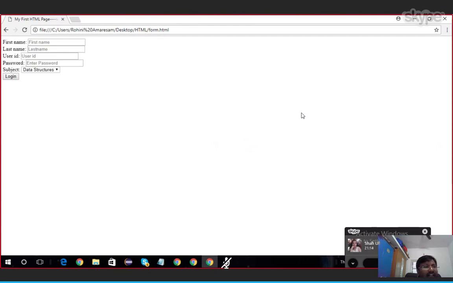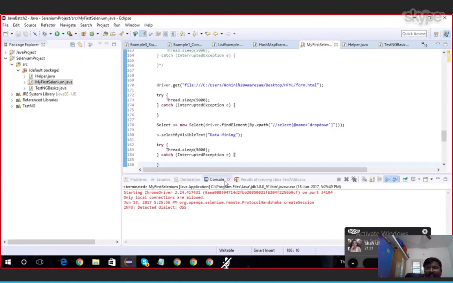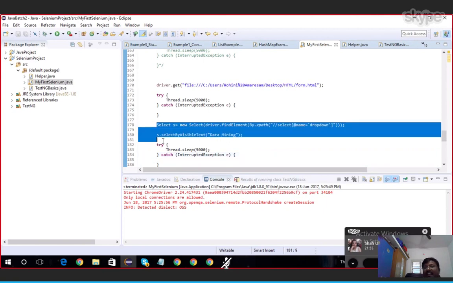See, initially by default the first element is showing in the select box. After 5 seconds it changes to data mining. After 5 seconds again, based on index, it changes to algorithms. Like this you can select the values of a drop down box if it is built using a select tag.